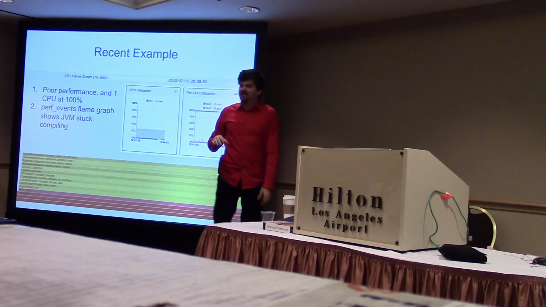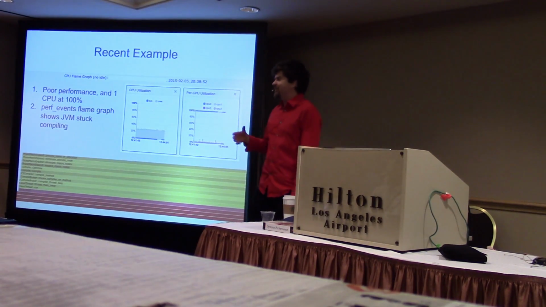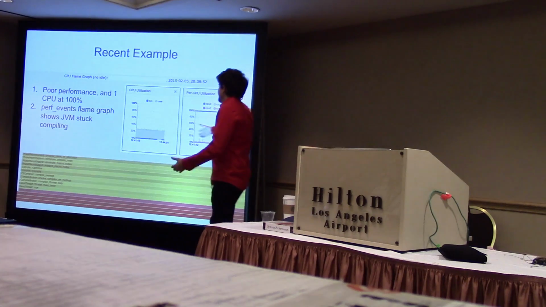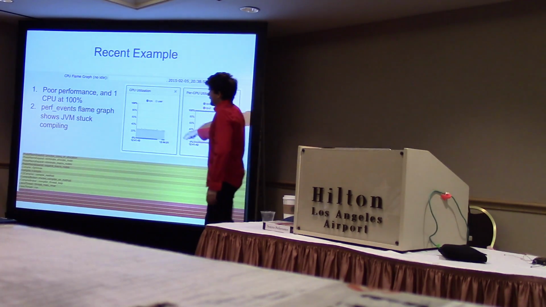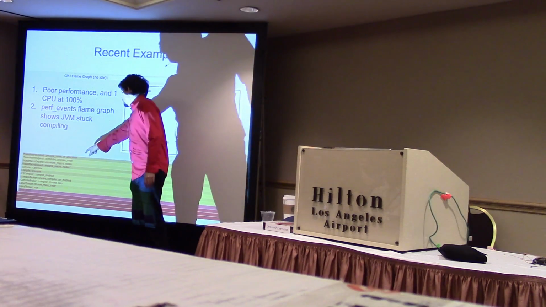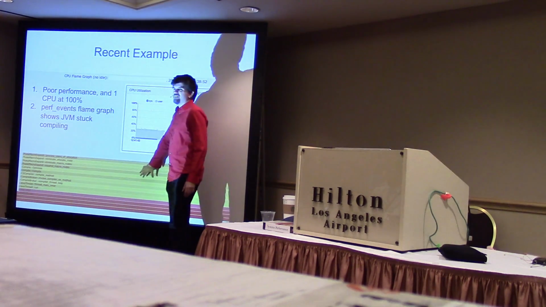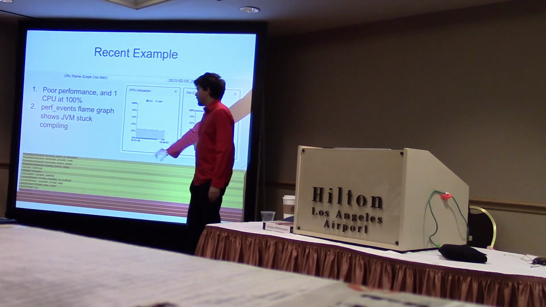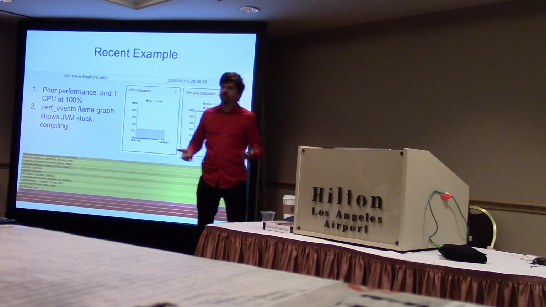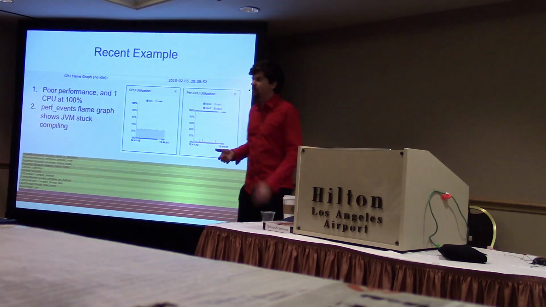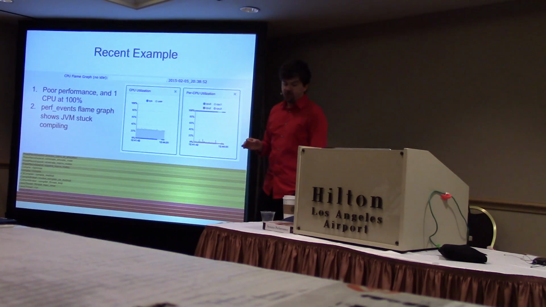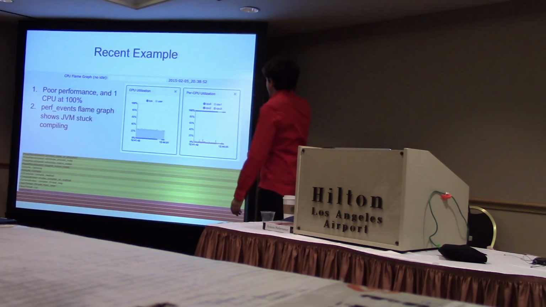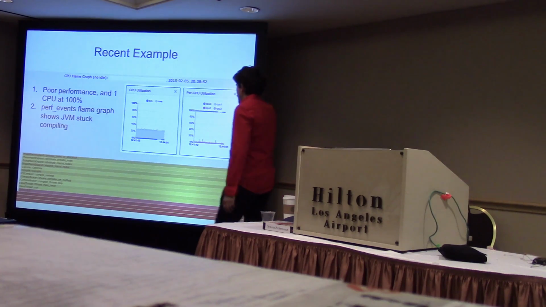We were using Vector, which we're still developing, so we got to run it on this instance. So there are 4 CPUs, one of them's maxed out, fine. Do a flame graph, and the flame graph shows we're in Java. I colorize it based on what area of code you're in. Yellow is just for C++. This is just the JVM internals. So as it turns out, Java was at 100% CPU not because it was in Java code, which I colored green. There's actually no Java code running at all. We're stuck in one function.